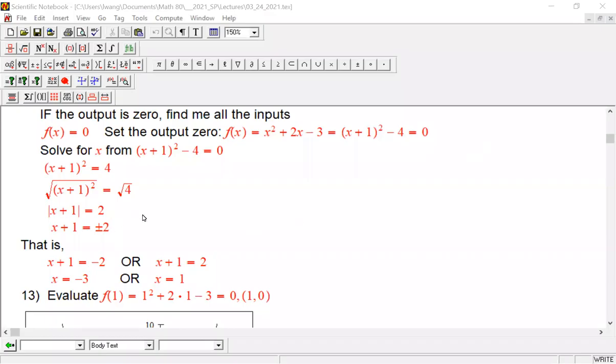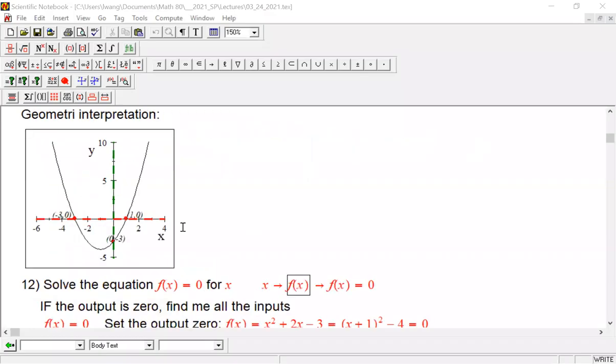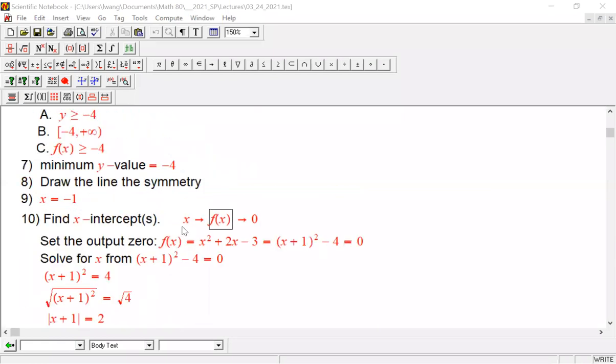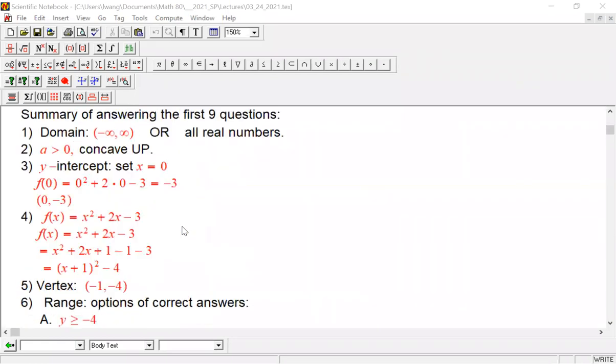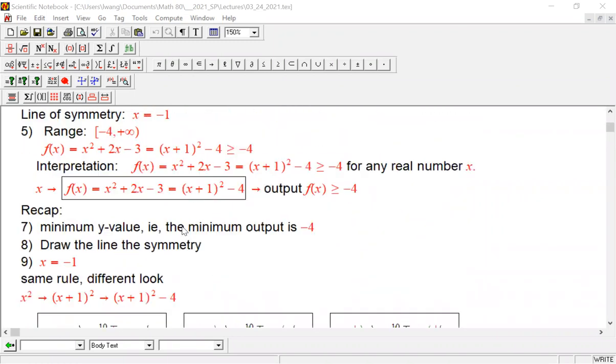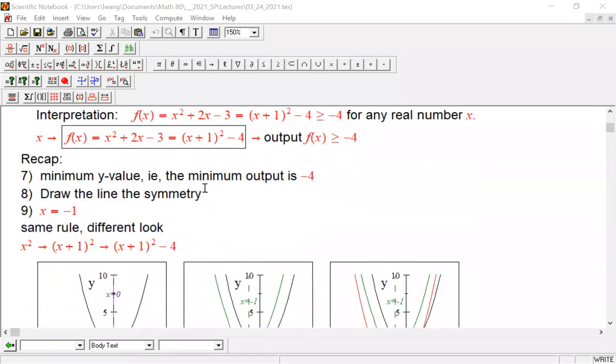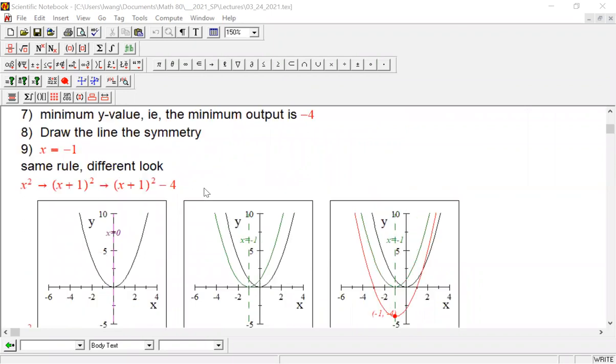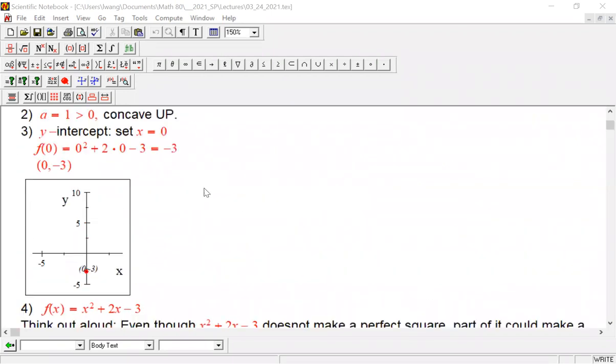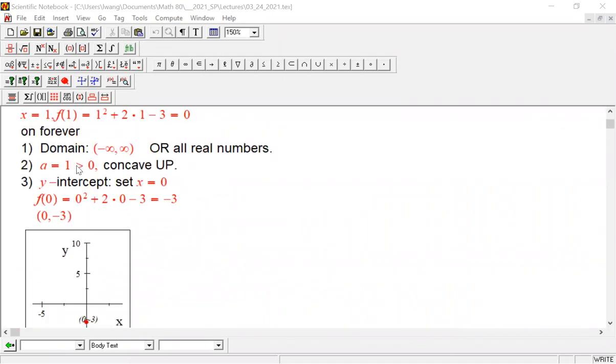Okay, we're going to recap. Last time we were working on this function, which is on Alpha 19, and we worked out the domain, range, concavity, and Y-intercept,